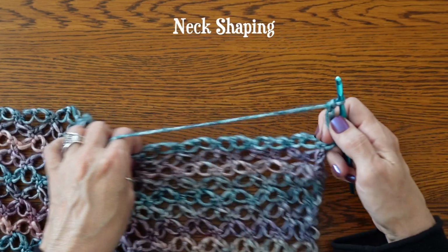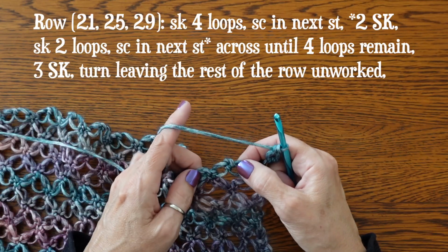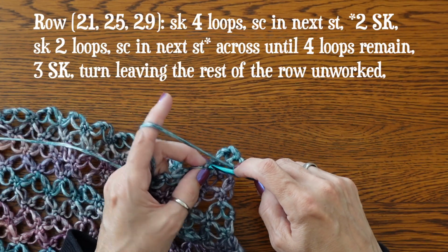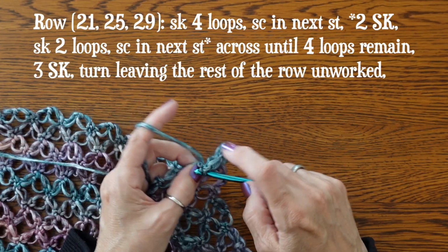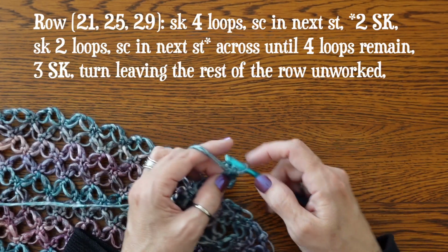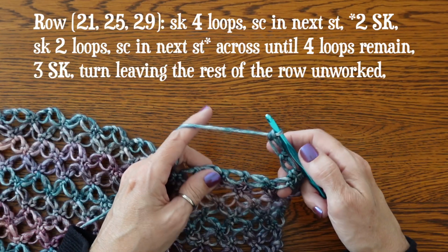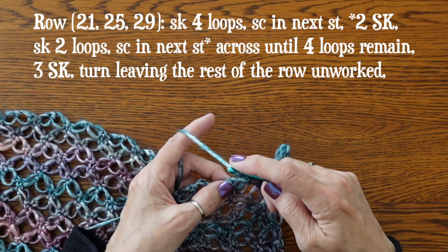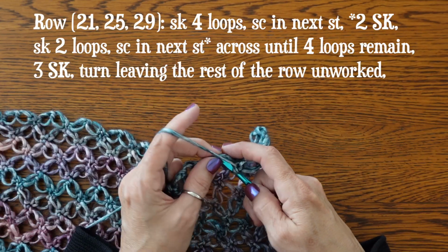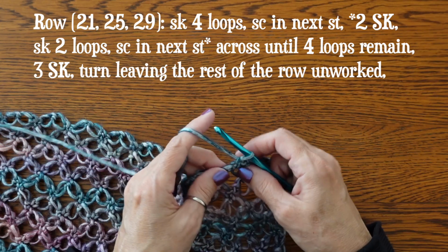Now let's carry on with our pattern by working our neck shaping. From this point on, the numbers are going to look different for each size, so please pay attention to the size you're making and those numbers in parentheses, although the directions are the same for all of us for this next row. Whether it be row 21, 25, or 29, we're going to skip the first 4 loops, single crochet